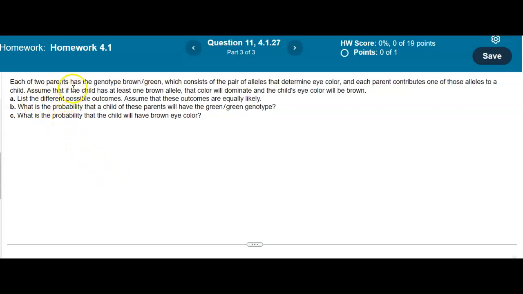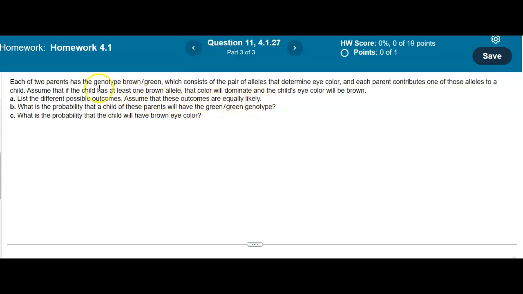Each of two parents has the genotype brown-green, which consists of the pair of alleles that determine eye color, and each parent contributes one of those alleles to a child. Assume that if the child has at least one brown allele, that color will dominate and the child's eye color will be brown. In part A, it says list the different possible outcomes and assume that these outcomes are